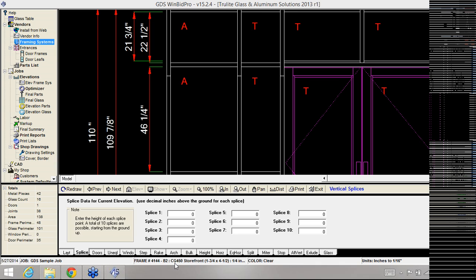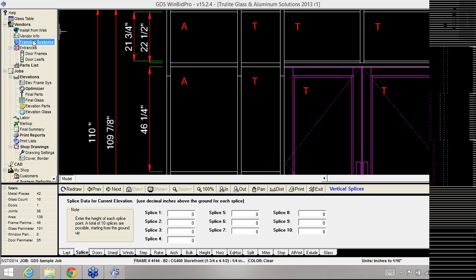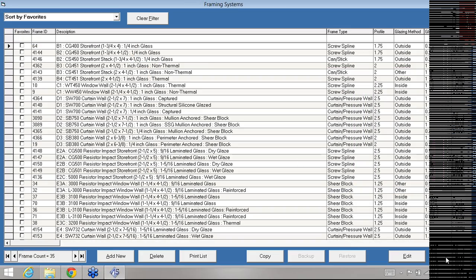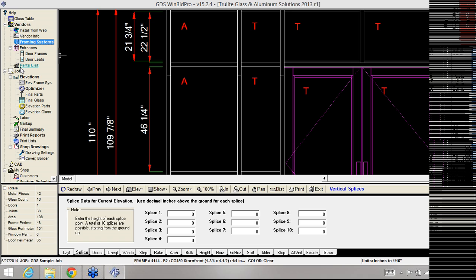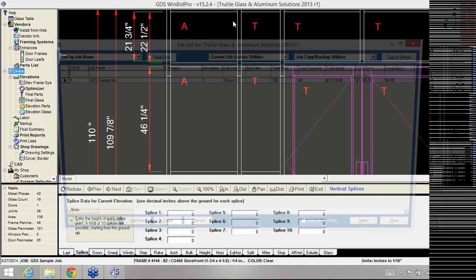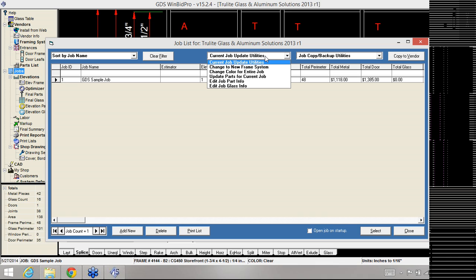So now this job is using the frame 4144, but the one we were just working on was what? That was frame 64. So I am going to go to Jobs, and then I'm going to go to Current Job, Update Utilities, and I'm going to say